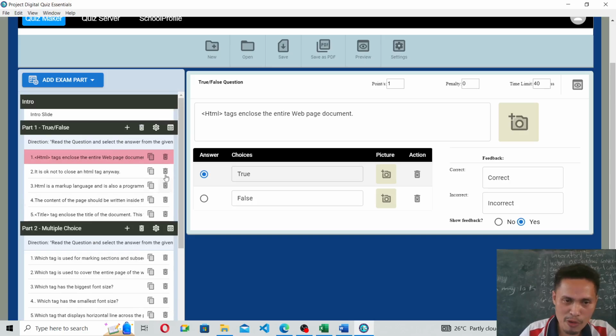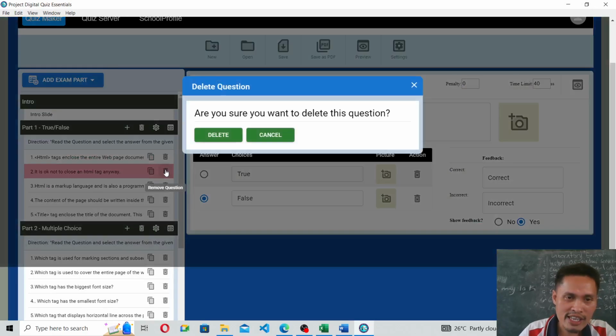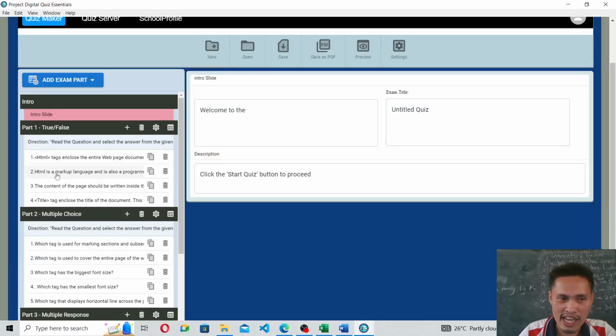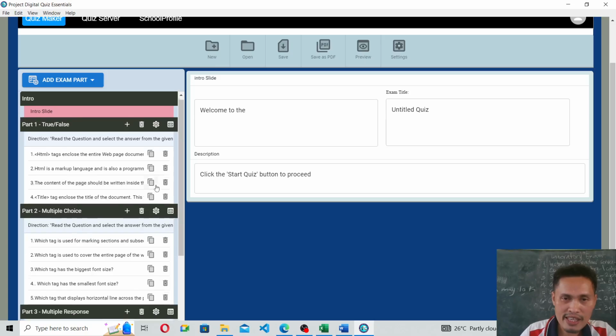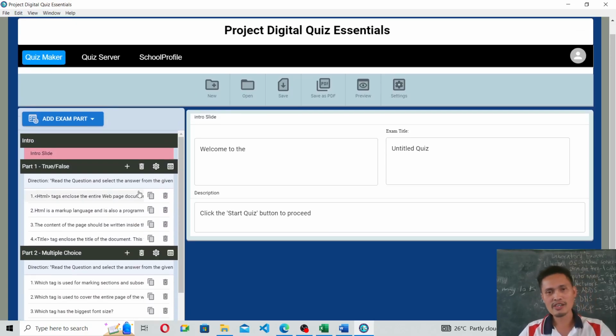Okay? So, ito po yung remove questions na yan. Halimbawa, pag ipindutin ko yan, i-remove niya yung number 2 na yan. Okay? Yung corresponding questions na yan. I-delete niya yan. So, let's say, for example, click ko yan, and then, are you sure you want to delete? Let's say, for example, okay, and then it will be deleted. 4 na lang po yung part 1 questions natin. So, yun po. Ganon po yung pag